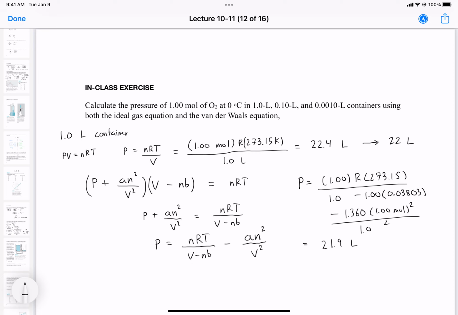The pressure predicted from the ideal gas law and the van der Waals equation looks pretty good. So it's 21.9. So that is all right. That's in pretty good agreement. So that's the 1 liter container. Okay. So now let's